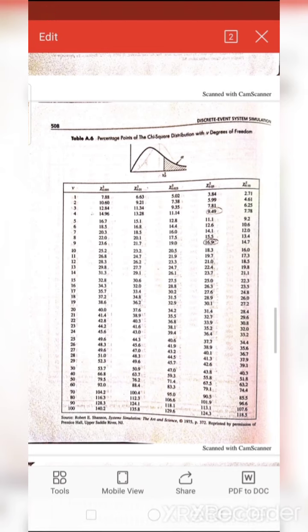Getting my point? That is, check for here alpha equal to 0.05, which is the fifth column, and I had got here k minus s minus 1, that is 7 minus 1 minus 1, that is 5, that is the fifth row. So go to the fifth row and fifth column, you can see here 11.1. So the critical value is how much now? 11.1, as I showed in the problem. Hope you had understood. Thank you.